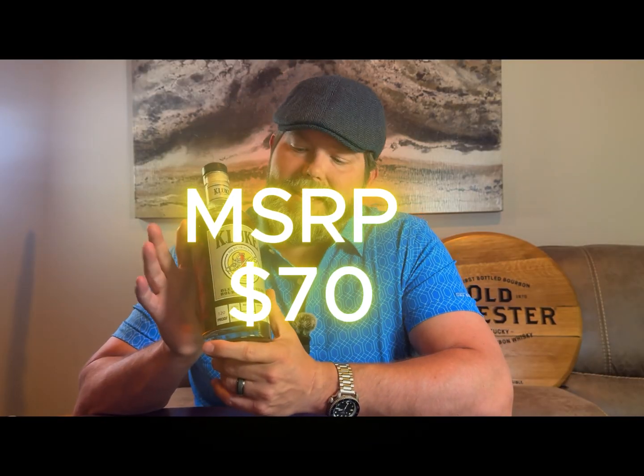For batch 11, this version right here was distilled in Kentucky and Indiana and blended to be this specific bottle. Everything he does is small batch, limited release, and it's a blend of 5 to 8 year old whiskeys. MSRP on this comes out to be about $70 to $80. I think I ended up getting this one